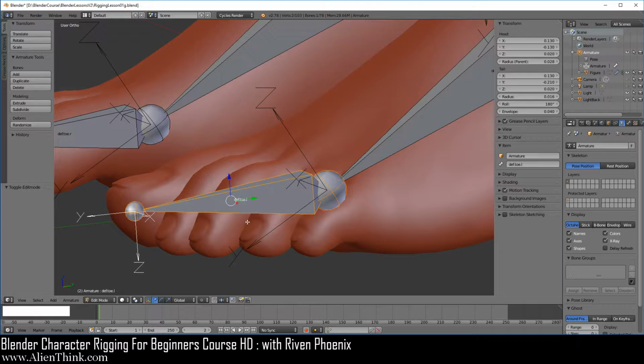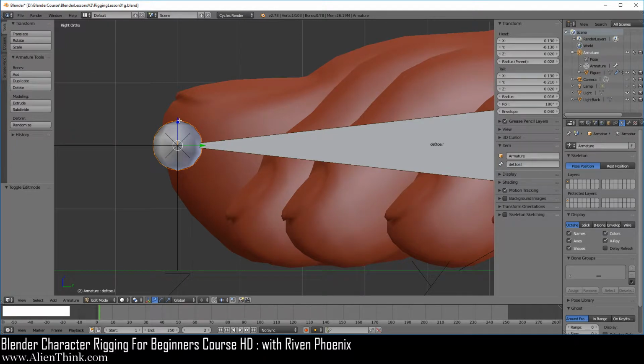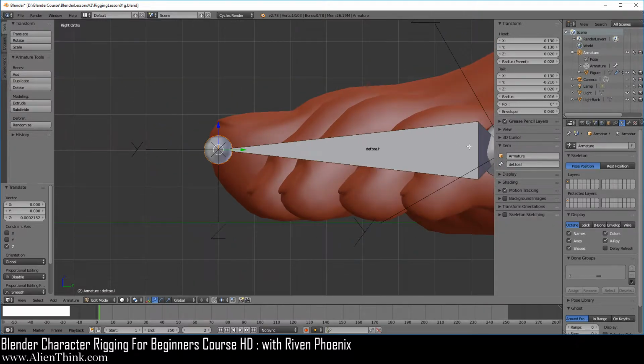Now, the thing to understand about this is that when you are dealing with bones that are so small inside Blender, what's actually going to happen is that if you click over here, there are tiny numbers inside here that we're not getting to see. So to demonstrate this concept, I want you to click on the tail of this bone, press the 3 key, go and zoom in, shift middle mouse button. Now notice that if we click on this blue arrow and just move it up just a little bit like this, it's no longer perfectly horizontal with the head of this bone. Okay, but notice that over here it says the same exact number for the z-axis.